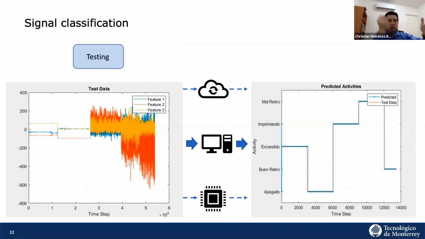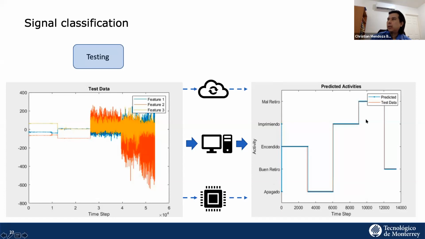Now, for the next portion of the test, we wanted to test new signals that we are now sending into the model that we trained first, and we wanted to determine what was happening with those new signals. What you see over here in this area is the test data, which is just an accelerometer with X, Y, and Z recordings. Those signals were being sent into the computer model, and the computer model will tell us what's happening according to those signals.